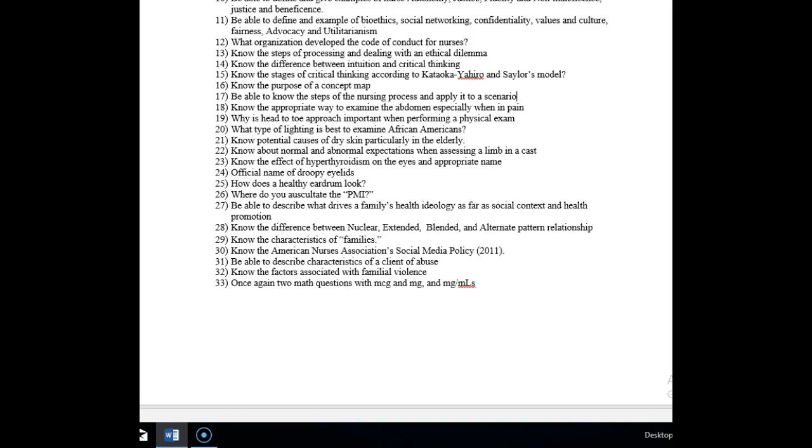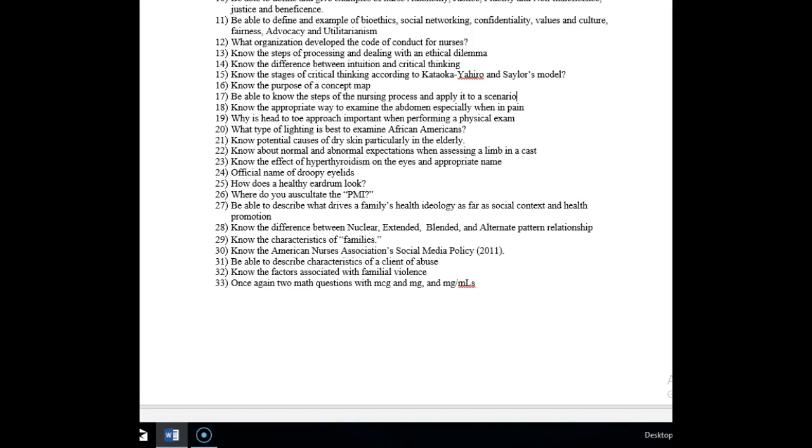Let me see. How does a healthy eardrum look? A healthy eardrum. In lab, I'm pretty sure that we'll show everyone how to actually use an otoscope and an ophthalmoscope and look into a person's ear. So you've got the otoscope. And this is very, very, very important that you remember, when you look through someone's ear with